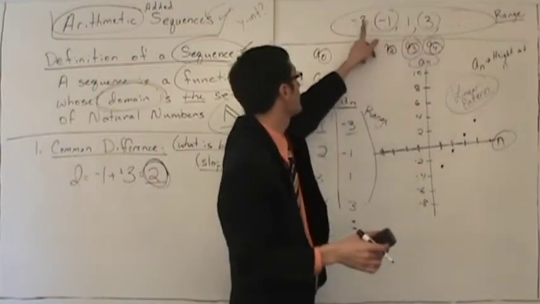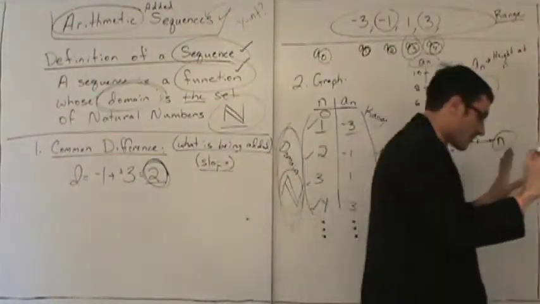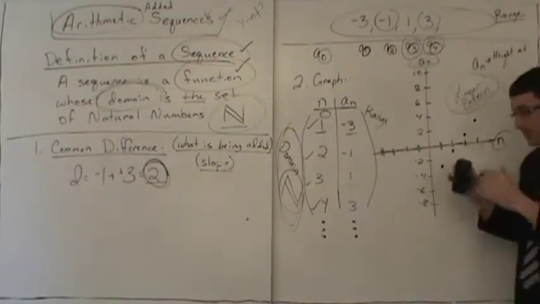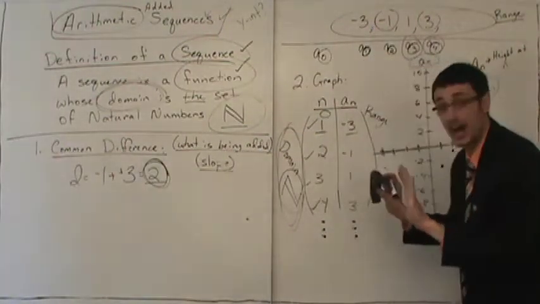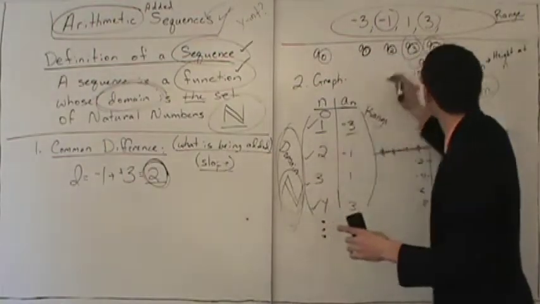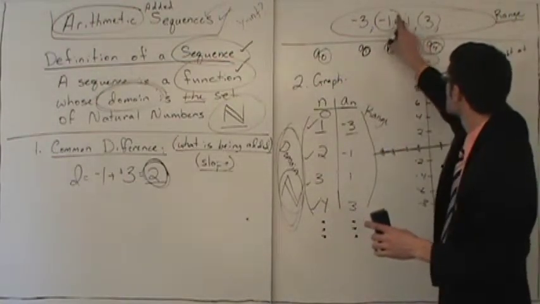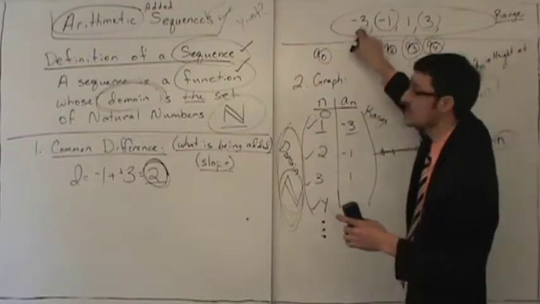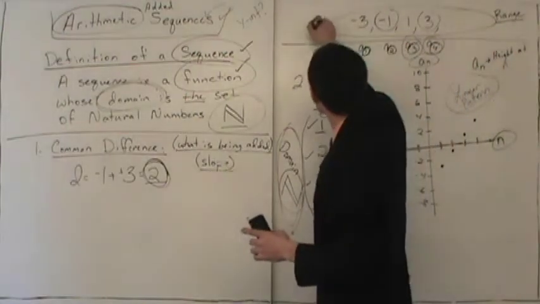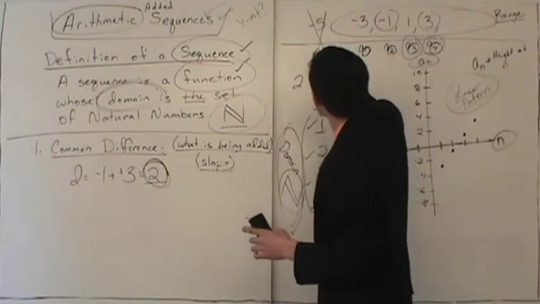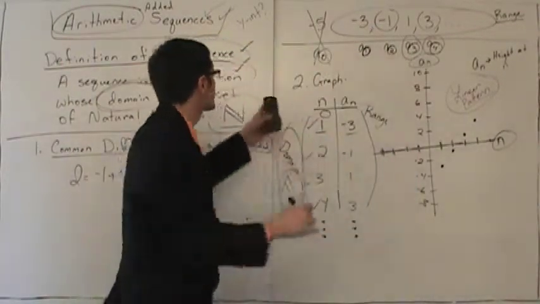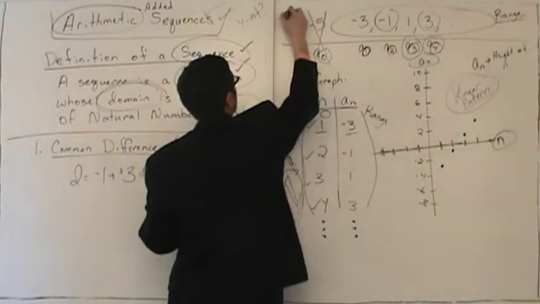3, 1, negative 3. If we're adding 2 to go forward, what are we doing to go backwards? If we're adding 2 to go to the right, to go backwards, we're going to do the opposite, or subtract 2. So 3 subtract 2 gives 1. Subtract 2 gives negative 1. Subtract 2 gives negative 3. Subtract 2 again, we get what? Negative 5. Okay, so cross this out. This is called our imaginary